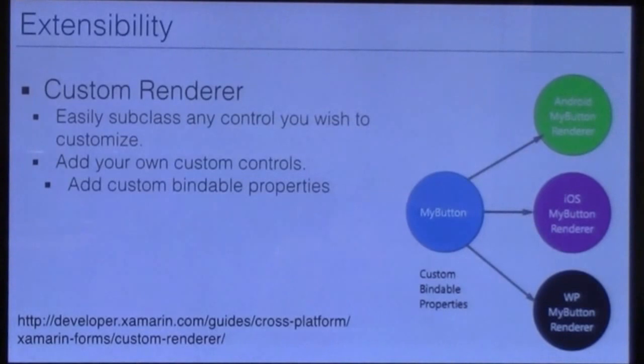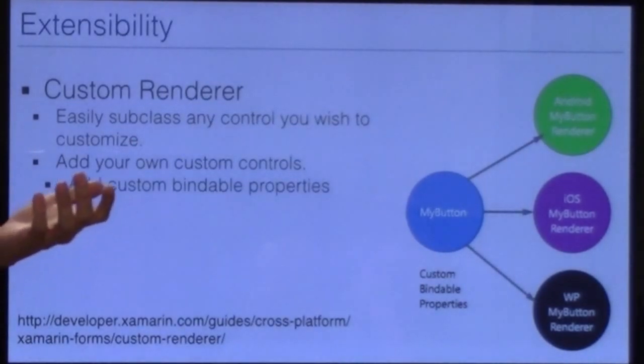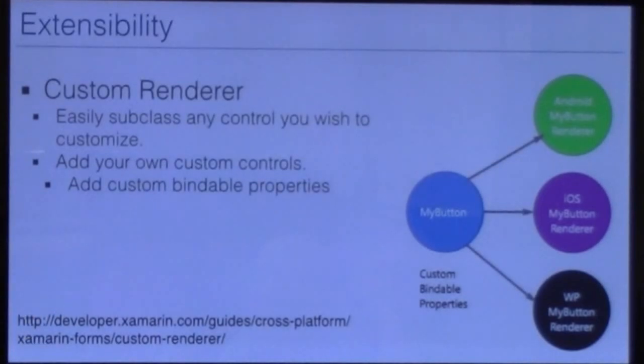Okay, so extensibility. This is important. They've got 40 pages, controls everything else. But you want that one finger slide, spin around dialer thing, and suddenly, okay, now I can't get cross-platform anymore. I've got to write this thing. That breaks everything. Well, they thought about that, luckily, and they allow you to have what are called custom